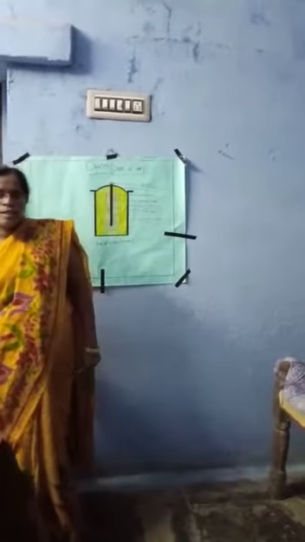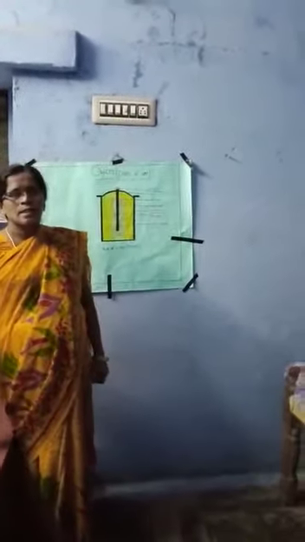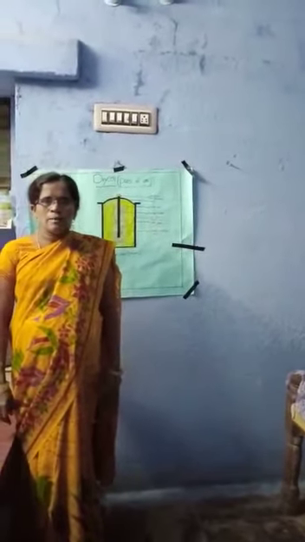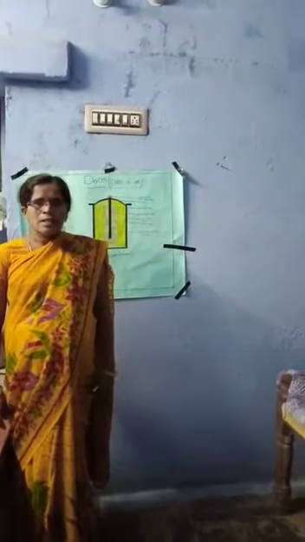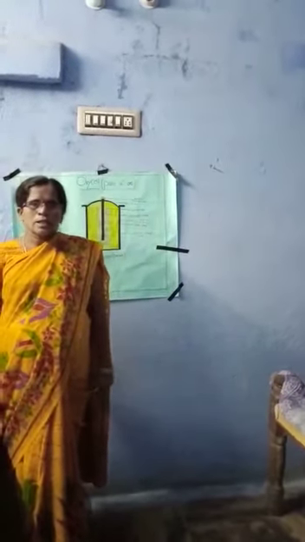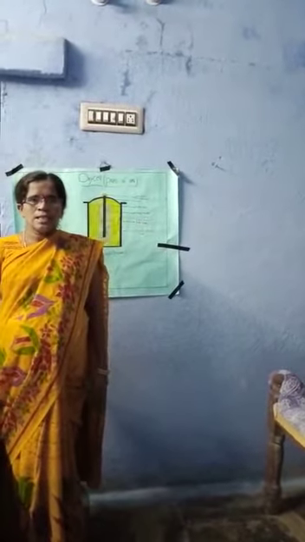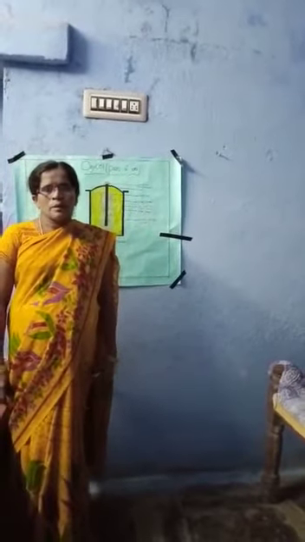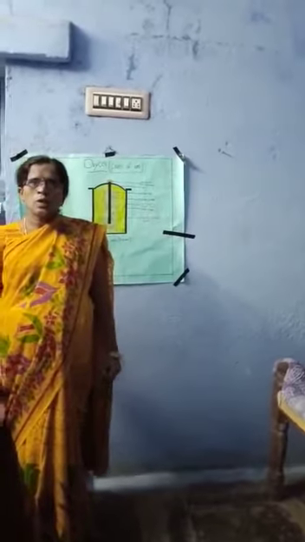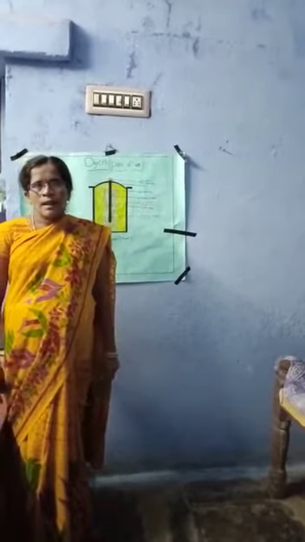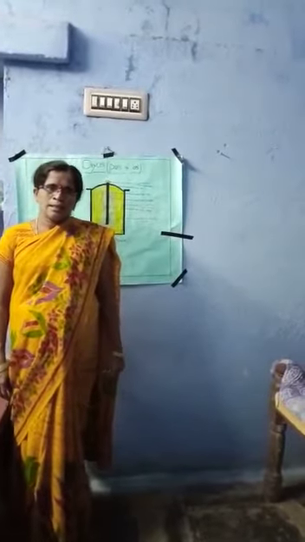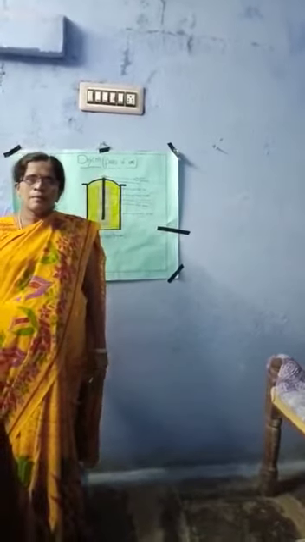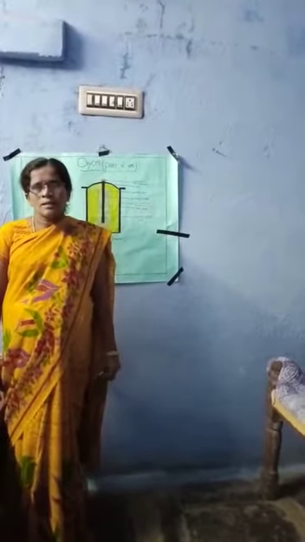Students, I will ask some motivation questions. Number 1 question, can you see the blackboard? Answer, yes. Number 2 question, can you see the blackboard at night? Answer, no. Number 3 question, why? Because it is dark, we cannot see any objects in the dark. Number 4 question, what do we do to see at night? Answer, we switch on the light. Next question, how do we get light? Answer, from electricity or current.